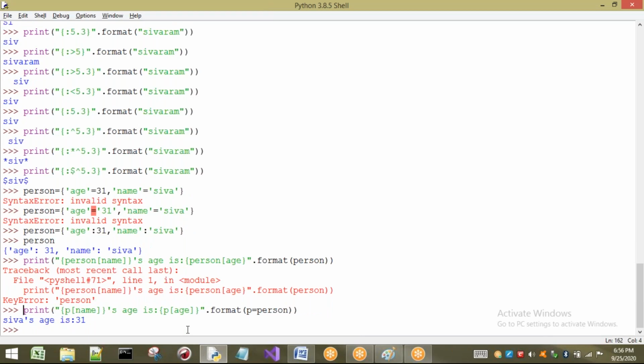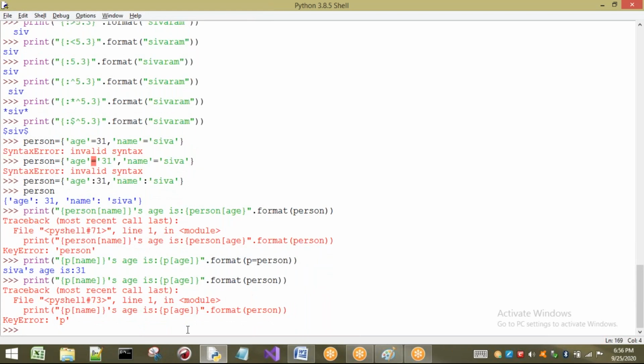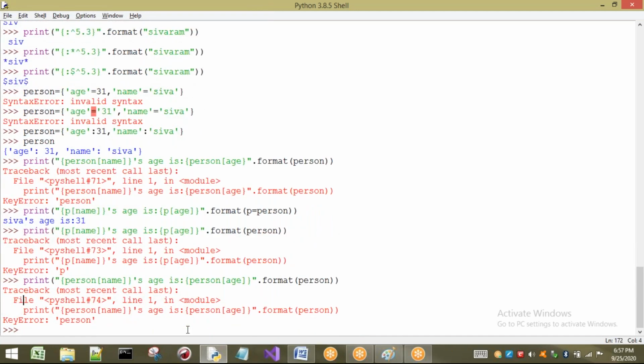Okay, now let us take this one once. Here I will take person also and I will see. Generally, if I take person, we have to use double star here. Let us try with this one also. Okay, directly it will not take. So if you want to take directly with the person, I have to use double star here. Okay, right. When I am using this concept, it is called aliasing.